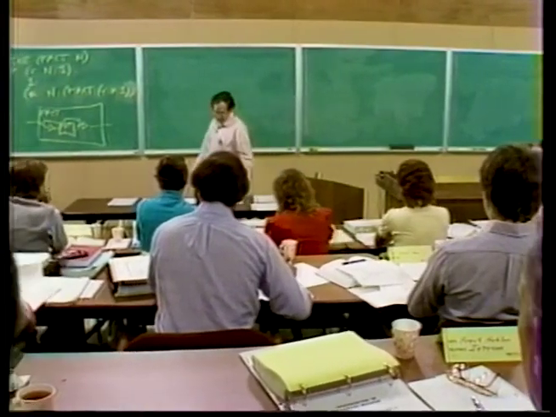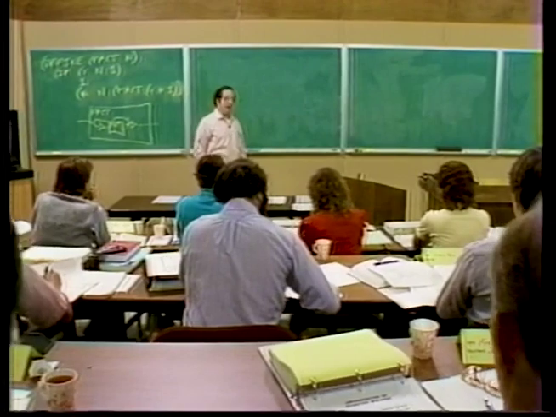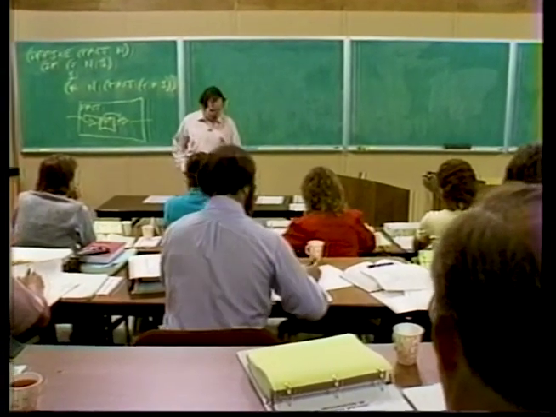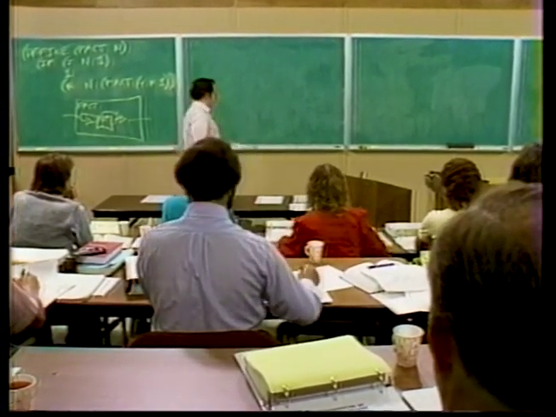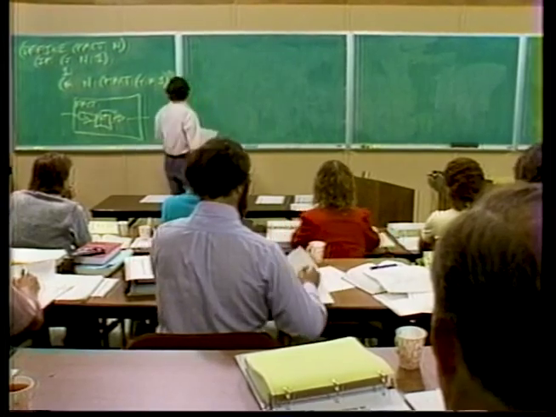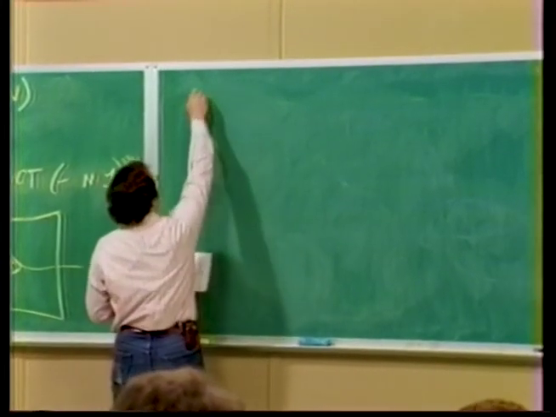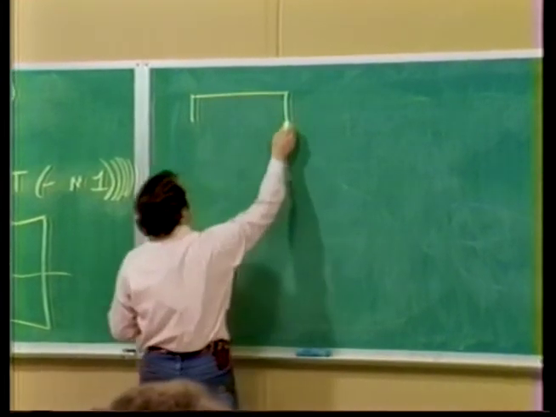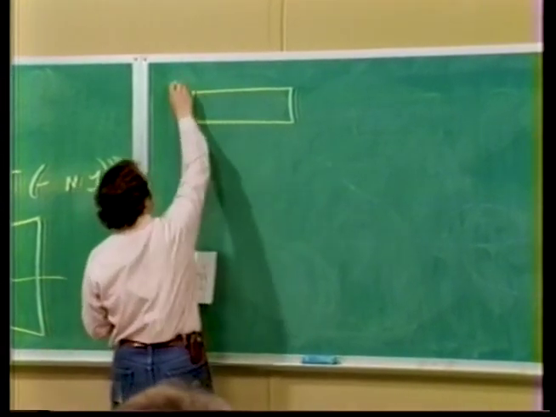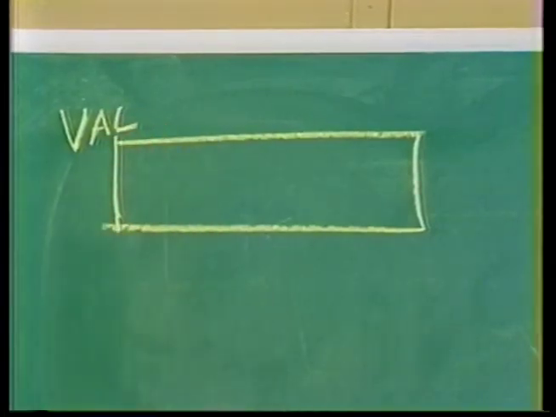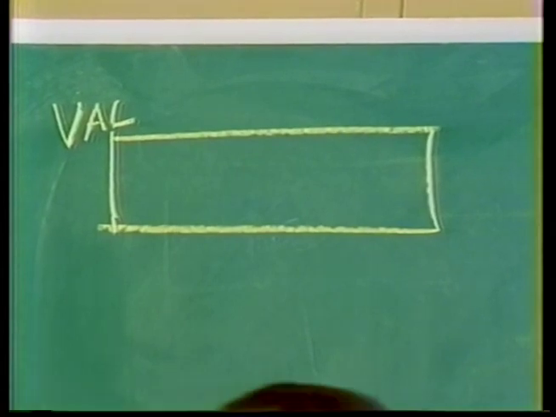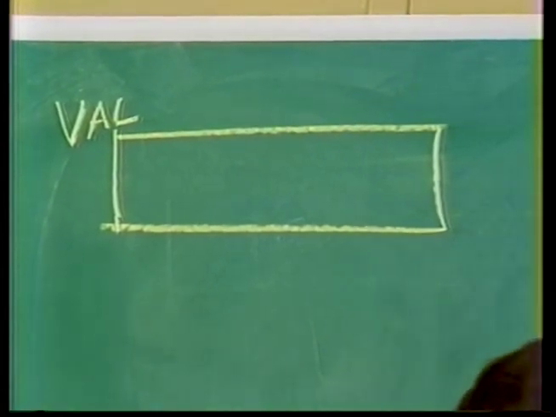Okay, well, let's do it. I'm going to build you a data path now, and I'm going to write the controller. Then we're going to execute this to see how you do it. So the factorial machine isn't so bad. It's going to have a register called val, where the answer is going to be stored, and a register called n,